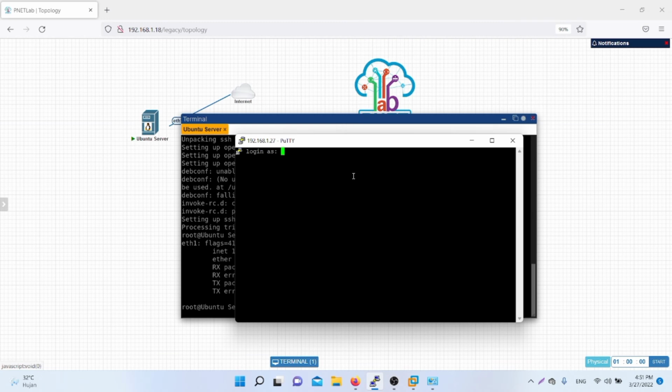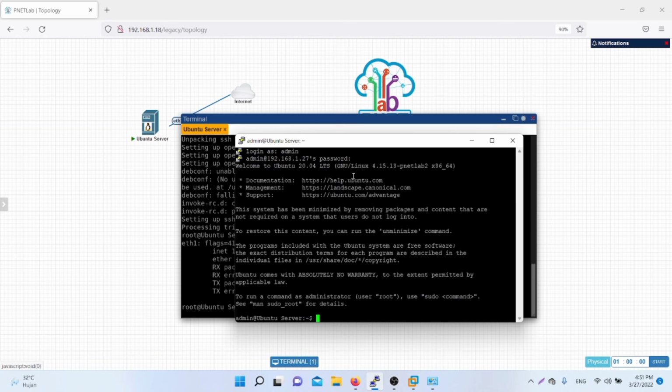Kita berarti akan login menggunakan admin. Login as admin. And the default password is admin.